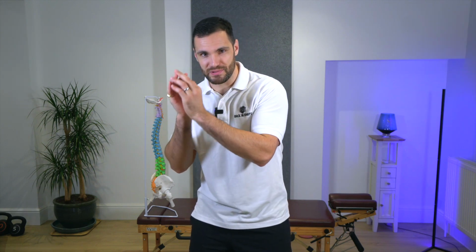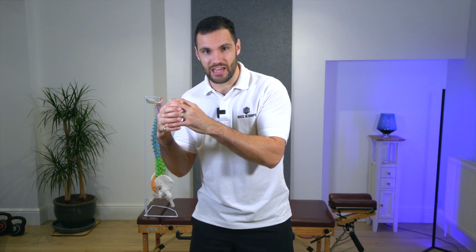stretch. Hopefully you found those stretches and the nuanced approach to those, the specific targeted approach to stretching the hip specifically, or the muscles at the joint of the hip and not involving the lower back, helpful. It really will transform the effectiveness of these stretches, especially if you've got lower back pain, sciatica, of a variety of causes. At the end of the day, the more serious or sinister the causes of your lower back pain, significant disc bulges, spondylolisthesis, degenerative change in stenosis, those sorts of things are present. The more present they are for you, the more important you've got to get this right to make sure it